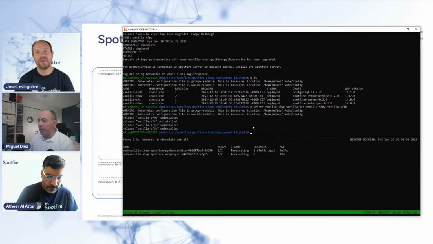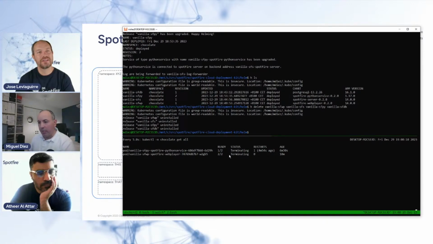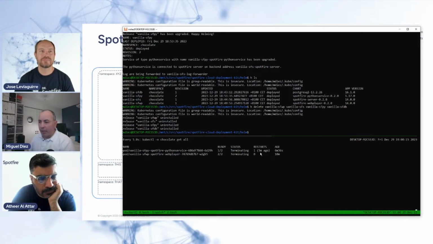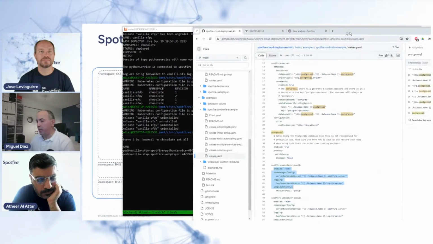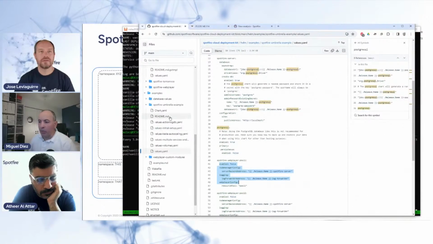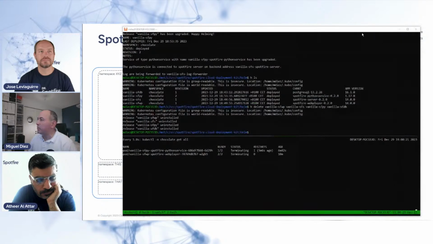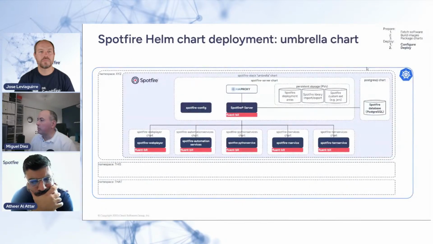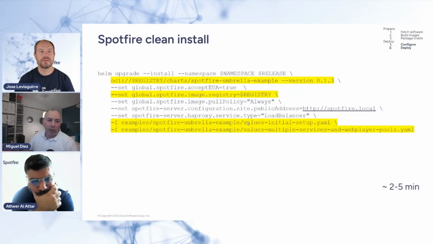Yeah. So basically, I have removed what I had before. It's terminating. Doesn't really matter. Yeah, I can do it on top of that. Or maybe I should explain something else. Yeah, I will explain that what I'm going to use is I'm going to do a clean install. I'm going to point to an umbrella chart,